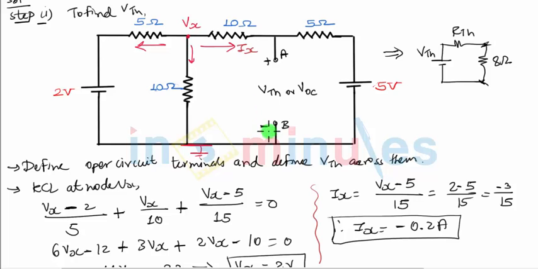So coming back to the circuit, when I want to find VTH, you can see there are multiple paths available to travel. I can travel starting from point B or negative polarity. I can travel through 5 volts battery, 5 ohm resistance, and come to positive polarity or point A. So I'm basically traveling in upward direction and then towards left. So let's see what is going to be VTH.